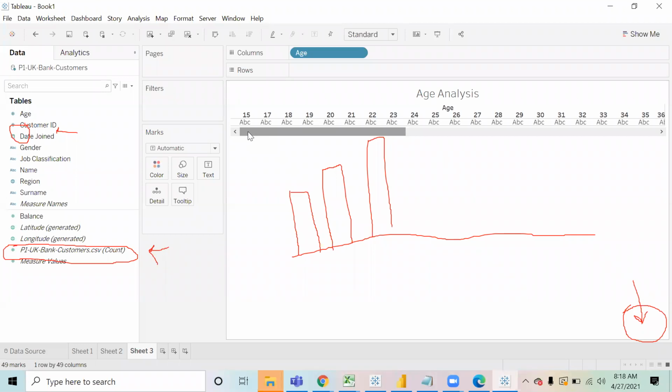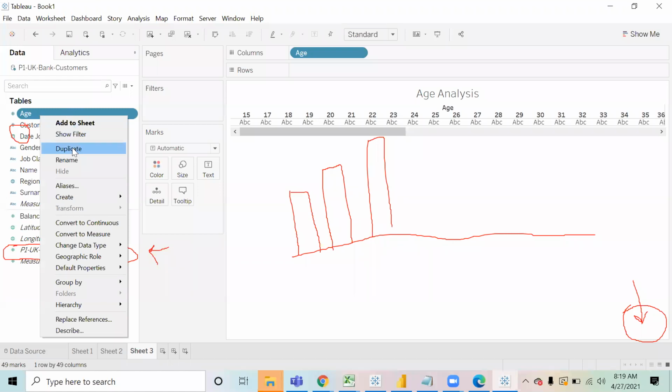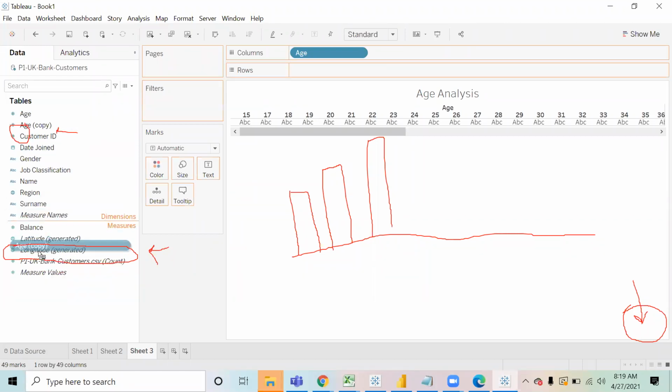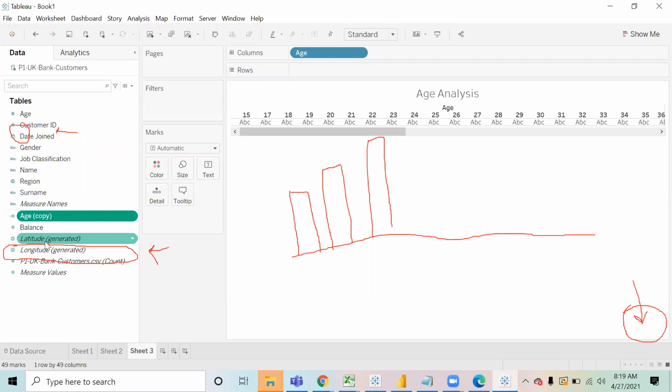Amit, we can't have the same column in both values and names. Sorry, your voice is very low. Okay, can we have the same field in both the row and the column? We can have age, because when we move the age, it goes to the top, right? So you're saying age over here also and age over here also. No, you have to make a copy of that. You can make a duplicate of this, and then you can move that duplicate copy over here. You cannot have the same field at two places.